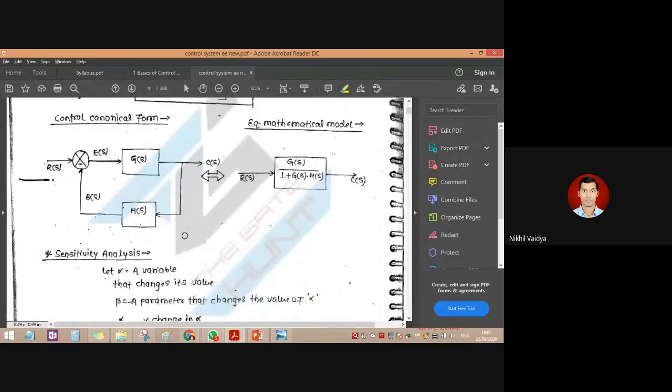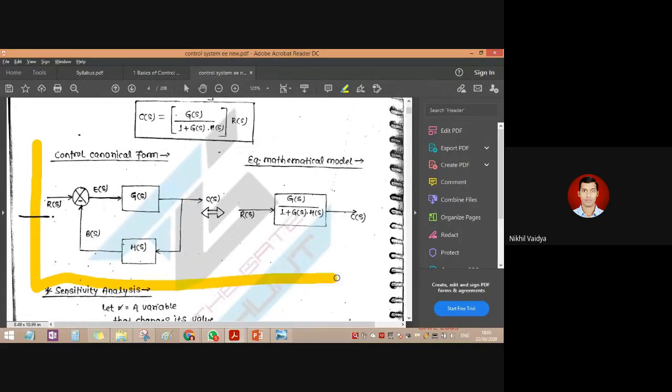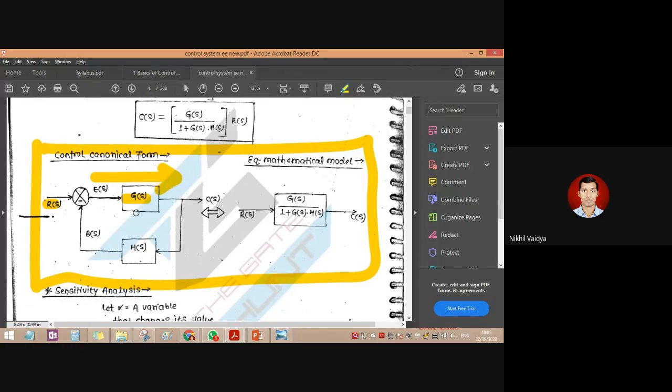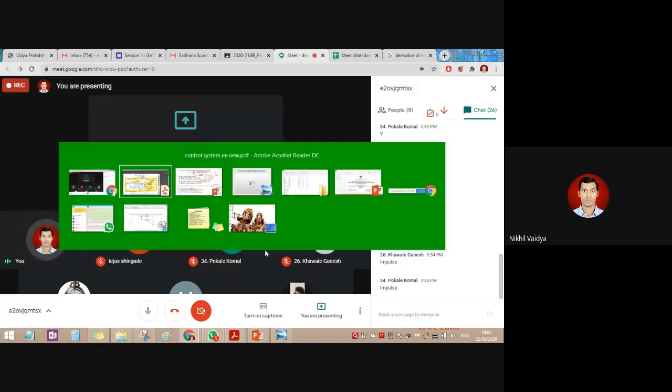See here, this is the main formula of the closed loop transfer function. R of S, and G of S stands for a complete forward path, formed by the multiplication of all the blocks present in the forward path. So I am mentioning here G of S upon 1 plus G of S into H of S. G of S in our system is nothing but K multiplied by G. In the denominator also we get G and K, and the H term is there, so we write H also.